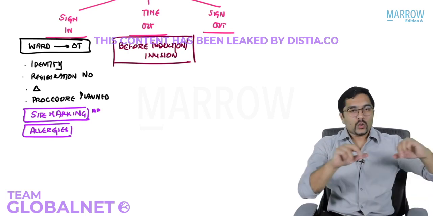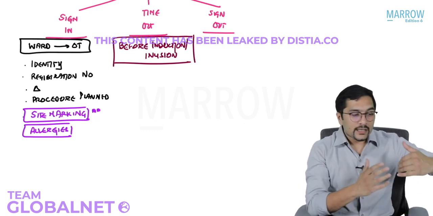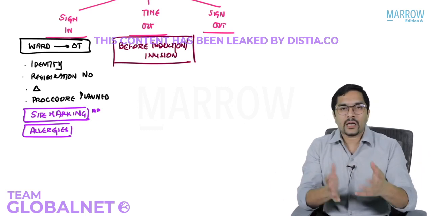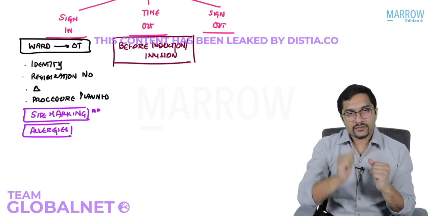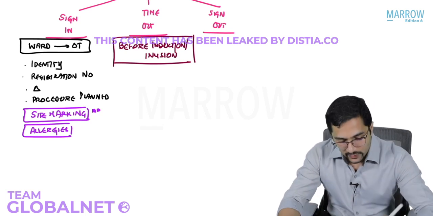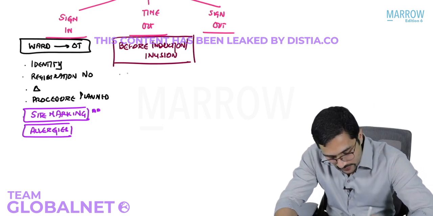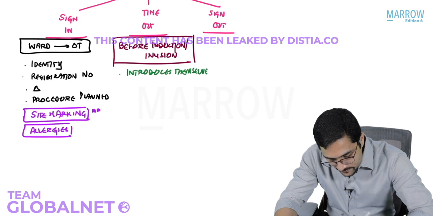And there are two nurses in the OT. One is the scrub nurse who washes up with you, and the other is the circulating nurse who will hand out instruments. So the circulating nurse says time out, and everyone stops when she says time out. Everyone stops, and the first thing everyone does is introduce themselves to each other.